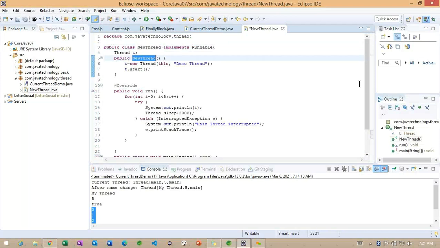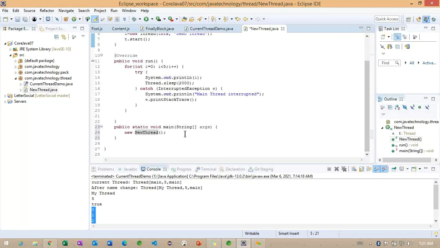Once we call it, we are creating the thread. After that, if you observe carefully, I want to use one loop here. So this is different here: int i equals 5, i greater than 0, i minus minus.